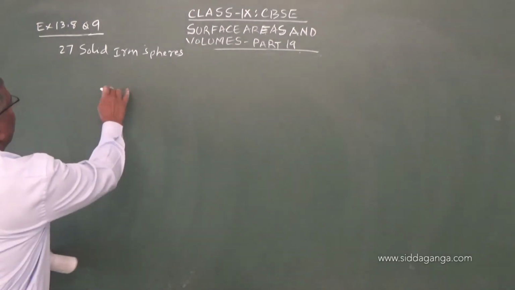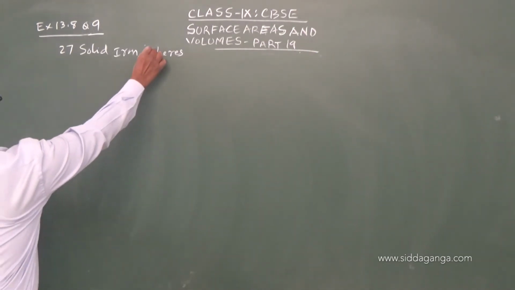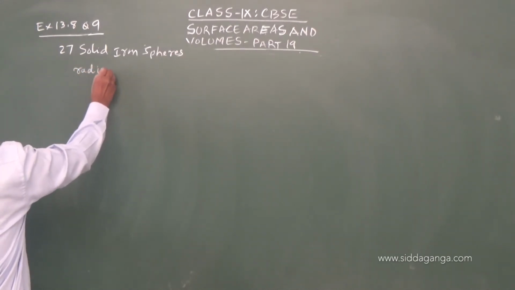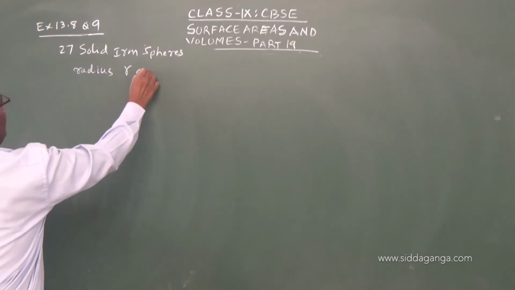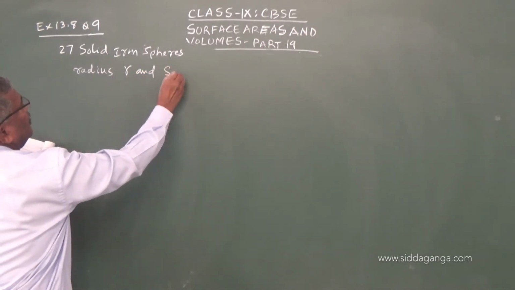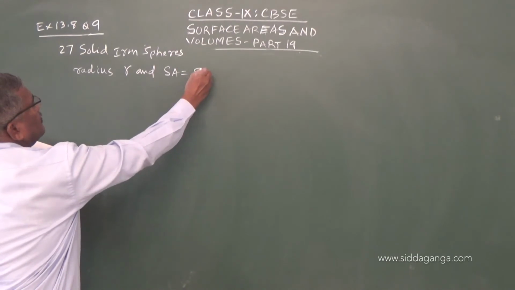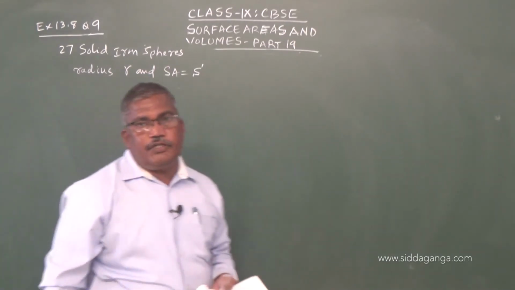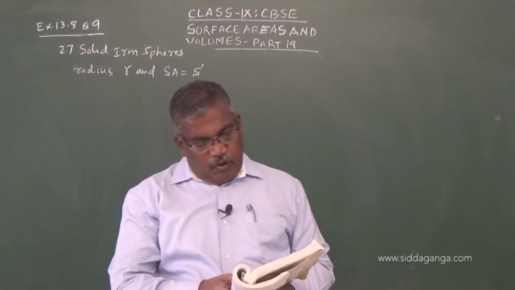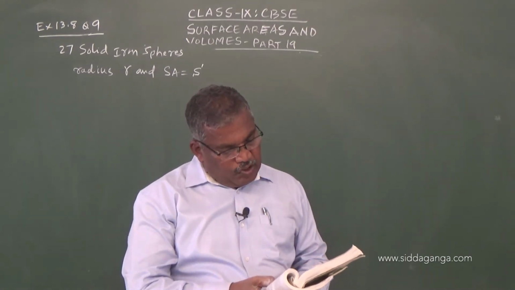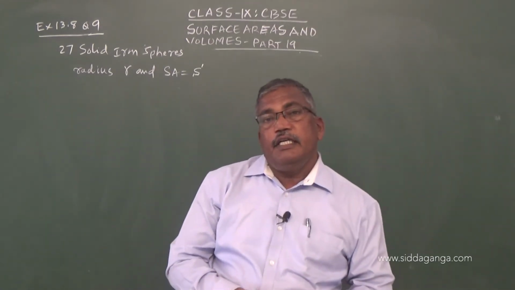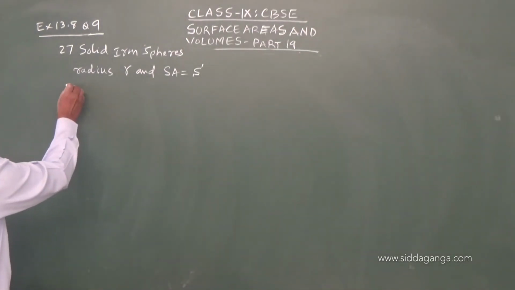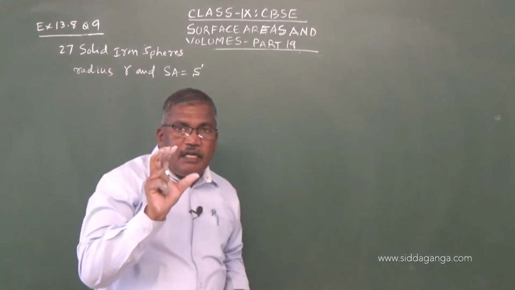So their radius r and surface area s. So such 27 solid spheres, the problem says, are melted to form a sphere with a surface area s dash. So they are melted to form a single